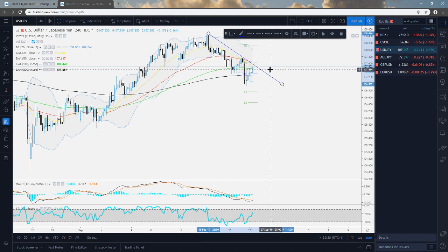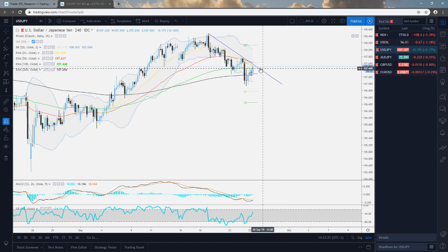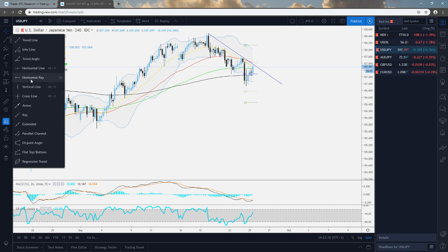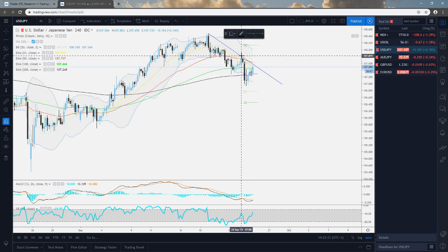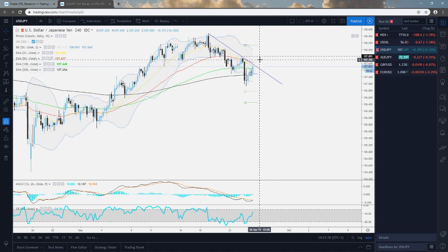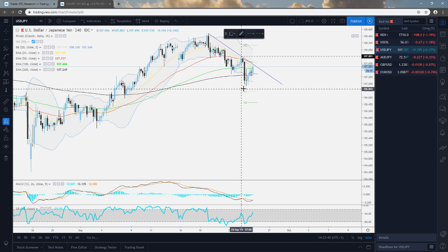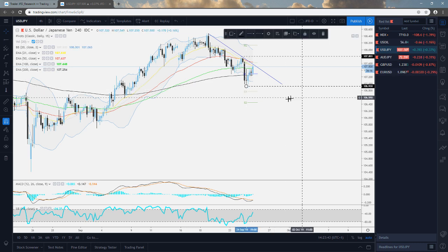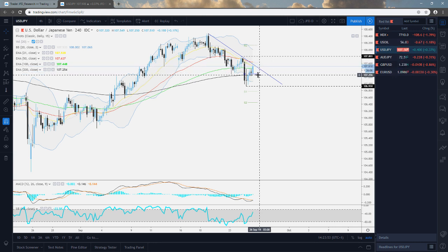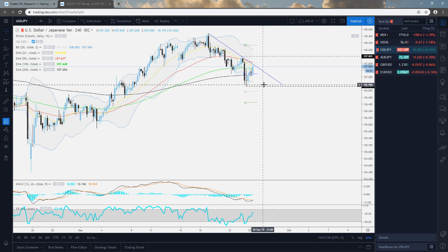So of course, for now we're going to stay put, just continue observing this one, and we don't really act on these situations because it's very close, it's very tight, because in a way it has almost like a 50-50 chance here to break higher as well. But how we're going to look at this is we're going to probably take a very careful and cautious approach. So if we see this downside line holding, and if we see the rate reversing back to the downside and falling below the 200 EMA on the 4-hour chart,